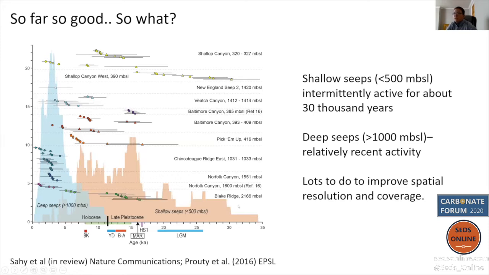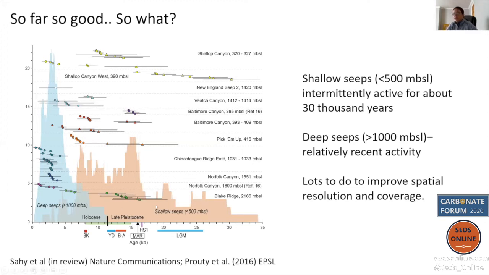Now, the challenge when your study area is the size of a continental margin is that you need enough spatial resolution to be able to say something about individual seep fields, but you also need enough spatial coverage to be able to say something about the margin as a whole. And in all fairness, 18 samples along 1,000 kilometers of margin is probably not enough to do either one of those things well. It is, however, enough that we can start speculating about possible scenarios.